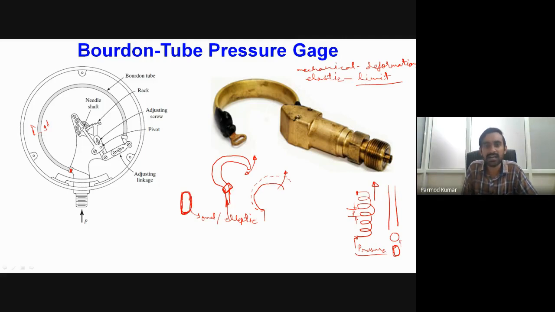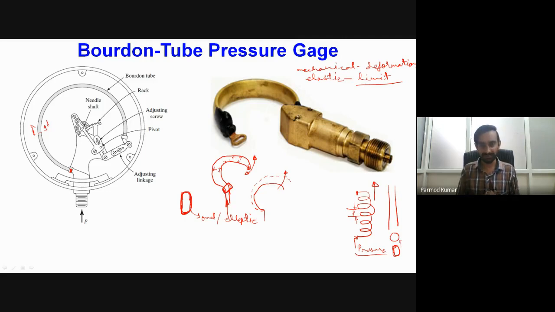Okay, so there are a number of mechanical phenomena which will happen during the elastic deformation of the tube. What will happen when we supply a certain amount of pressure? Obviously that pressure will act on the walls of the tube. Over here also it will be acting, and you can see that the nature of the pressure force, because of the fluid acting on the surface of the tube, is nothing but tensile, because it will try to move the boundaries of the tube in the outward direction.